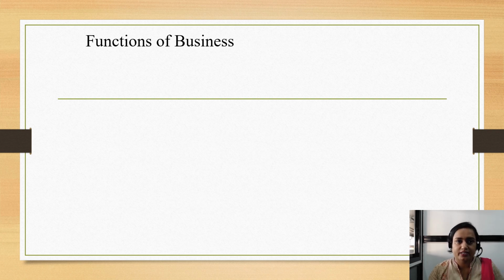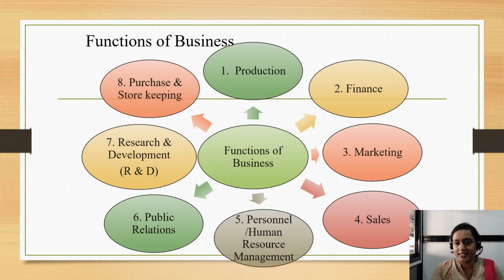Now we will discuss these functions in detail. The first is production, the second is finance, the third is marketing, the fourth is sales, the fifth is personnel, which is also called human resource management, the sixth is public relations, the seventh is research and development, and the eighth is purchase and storekeeping. Now we will discuss all these functions in depth. So, starting with